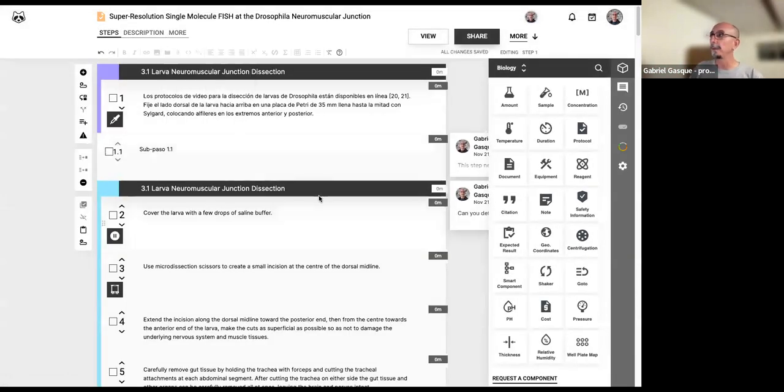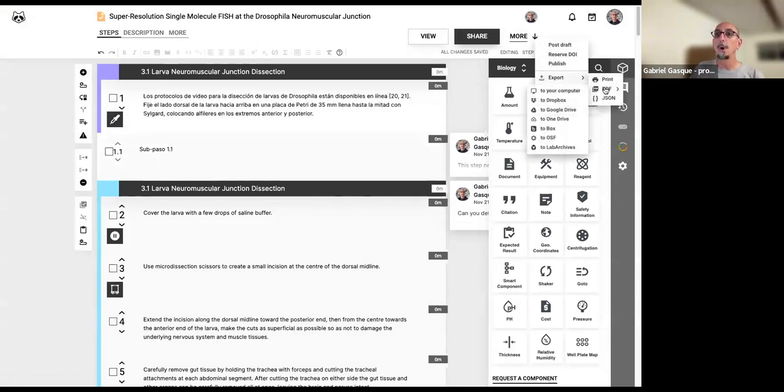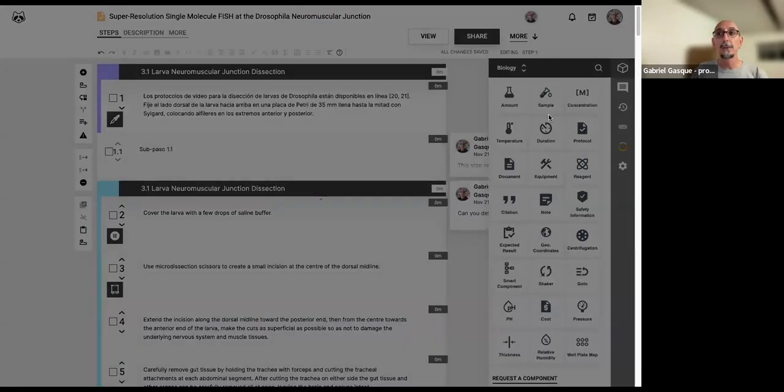So this is a private protocol, and I can select to export it directly to the printer or transform it into a PDF to send it to my computer or any of these cloud-based drives. If I select to create a PDF,